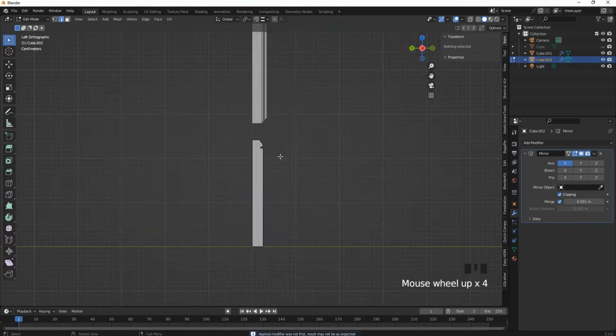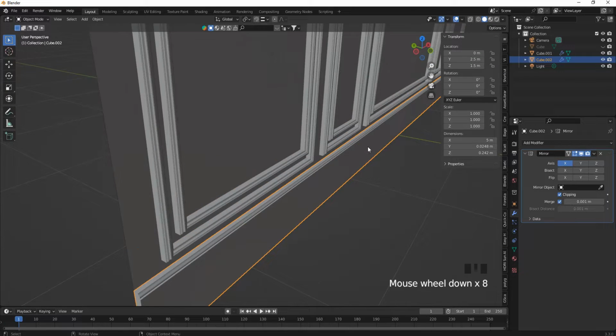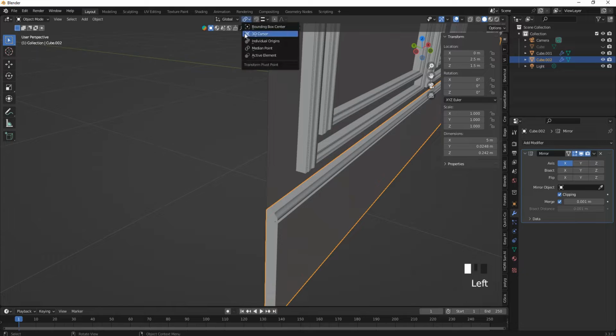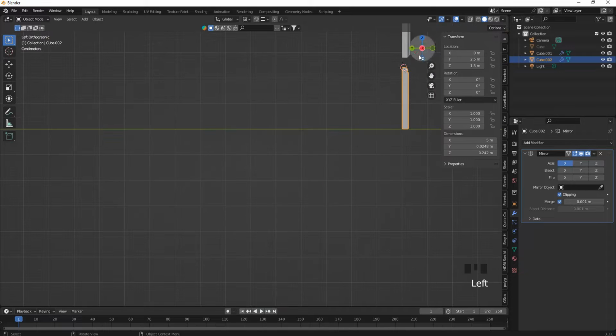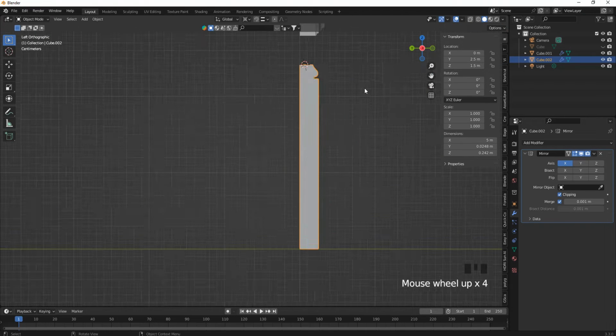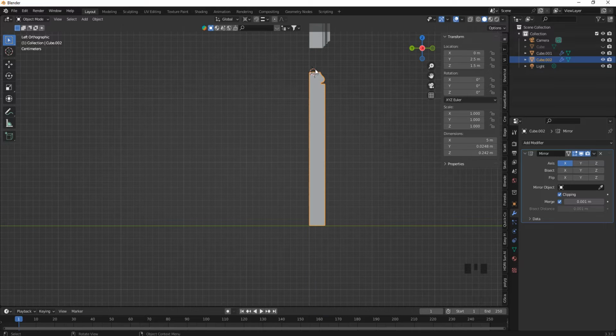After this, I'm going to tab to get outside of the edit mode. No, I don't need to get inside of the edit mode. Just change this one to 3D cursor and then shift right click right here. The reason that I'm doing this, I will show you in a bit. So if I select this one and press S Z, as you can see, it's going to scale